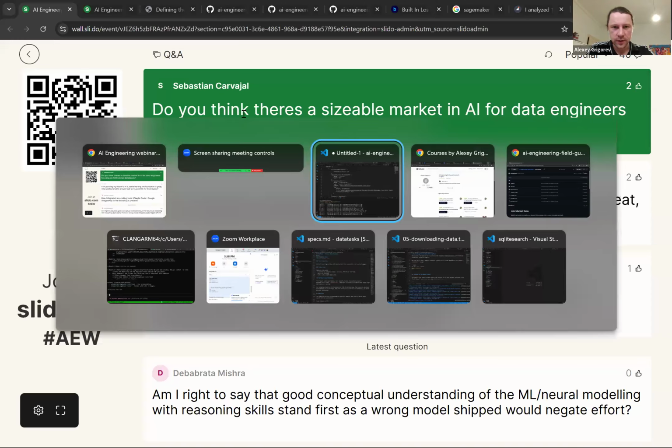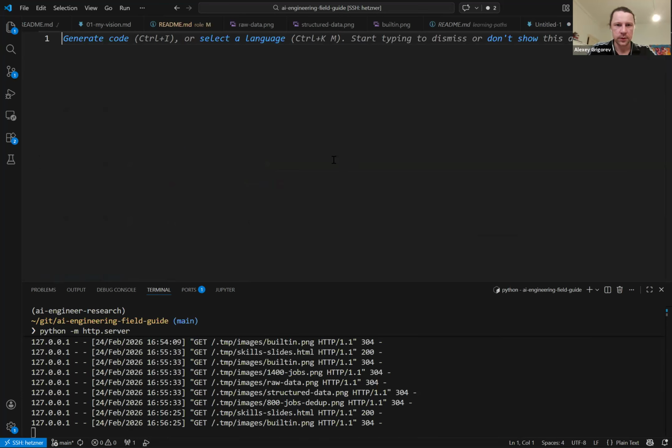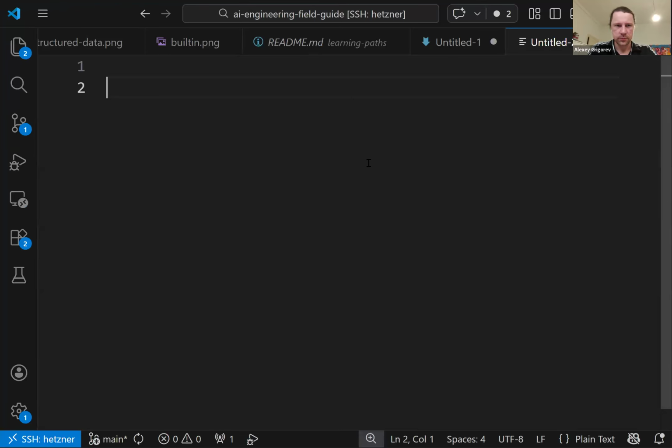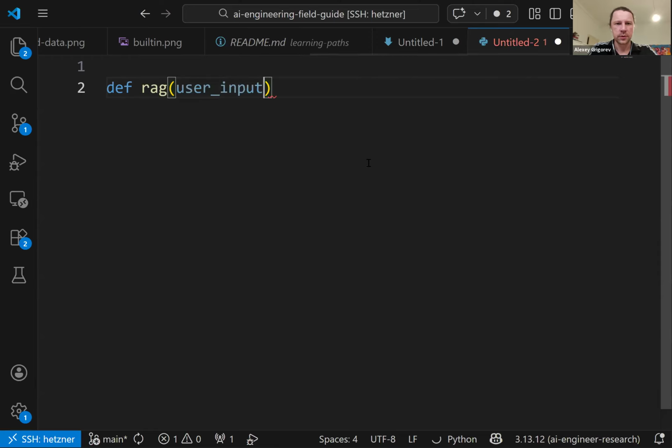They have a code editor here. Right? So if I want to implement RAG, this would be my RAG function. This would be user input, right? And then I do search, we'll call it search result, search with user input, right?